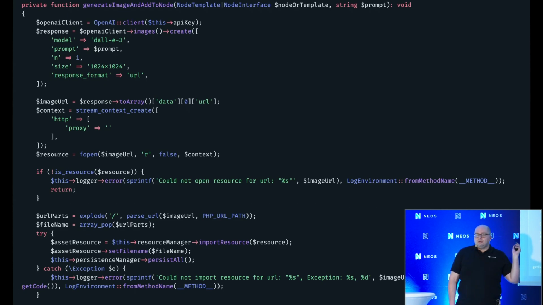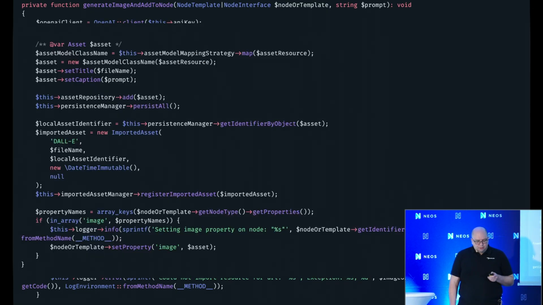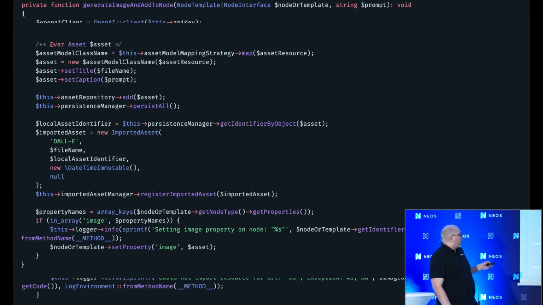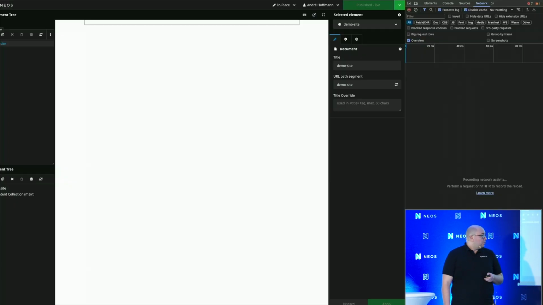That's code that's relatively similar to some other packages like the image sources for Pexels or Unsplash. So this code is relatively similar to these packages, and therefore not really so interesting probably. And then at the end, I add this asset as my property to my image, and the end result of it.